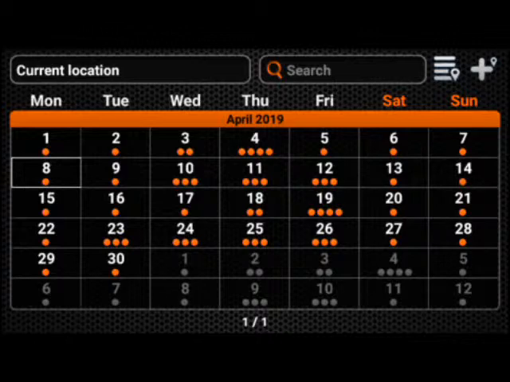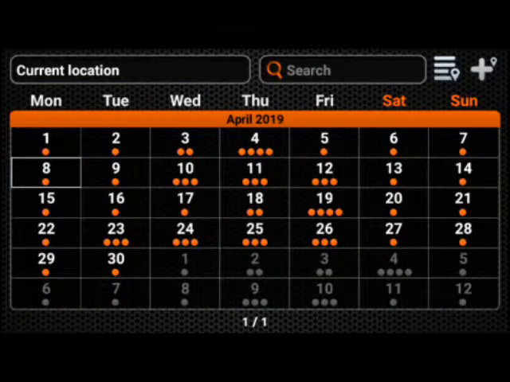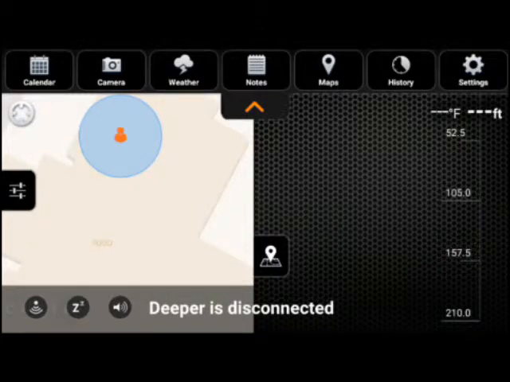If you tap the particular day, you will see a display of the times of day where, according to the moon phase, you're going to have a better chance of success. You can back out of any of these menus by tapping your return key on your smartphone, and so I'm